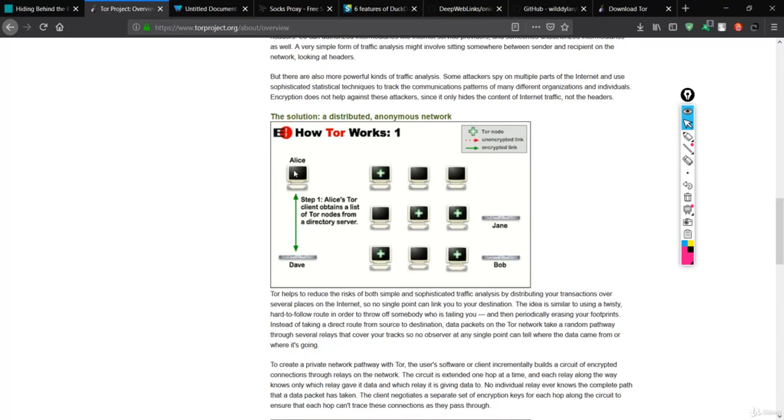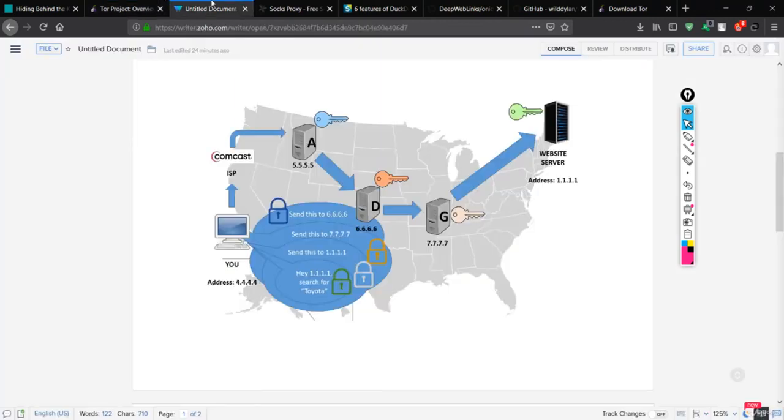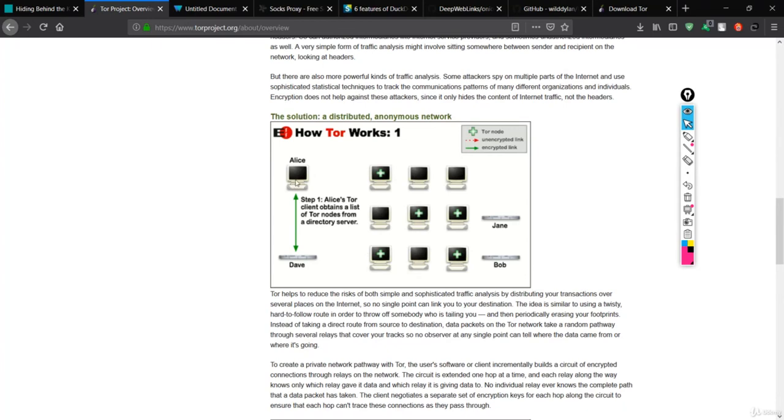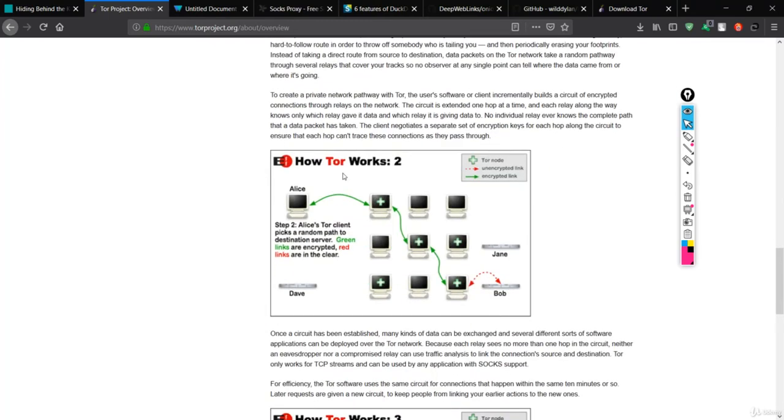First of all, Alice asks for the Tor nodes. The Tor nodes are basically servers located in different places. They are the Tor nodes or the directory servers, and they give the list of Tor nodes to Alice, and now encryption happens in the next step.